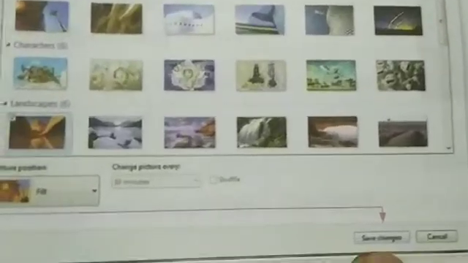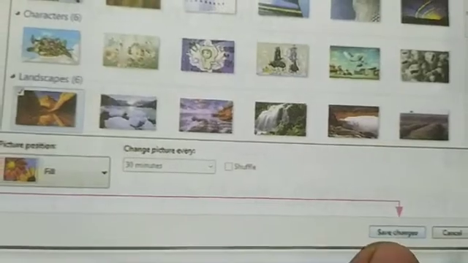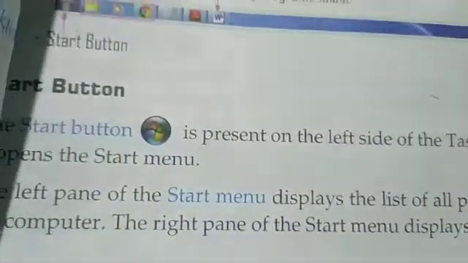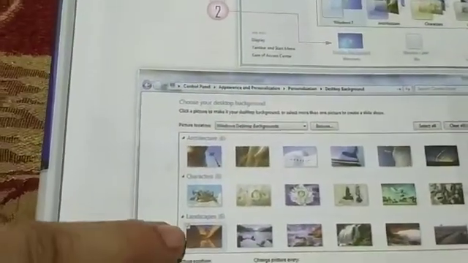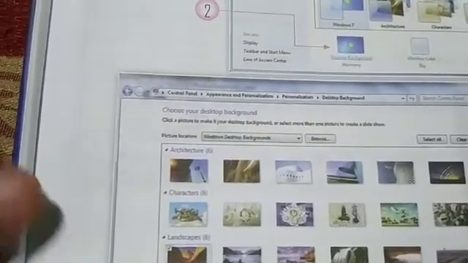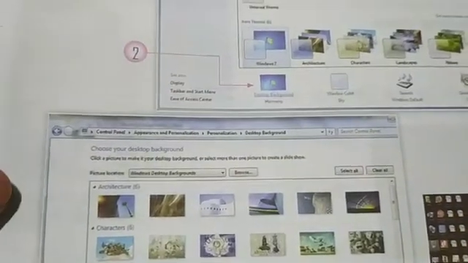This is the save changes button. I hope it is visible to you. Here you have to click. After clicking on the save changes button, this picture will appear on screen.